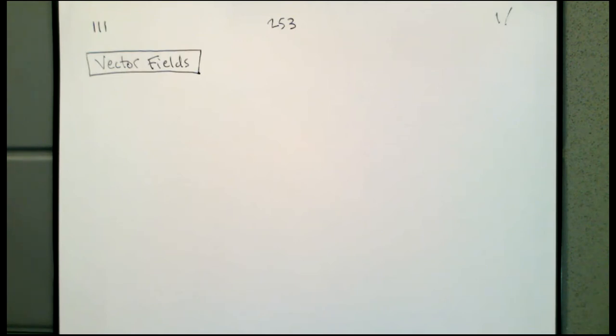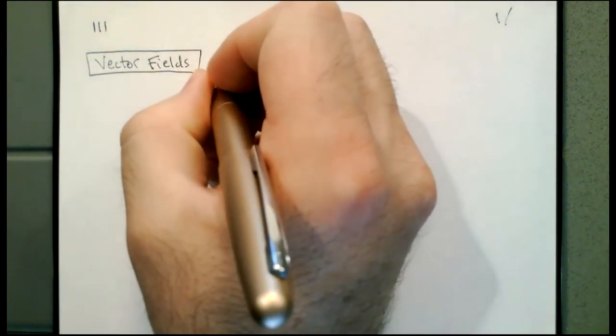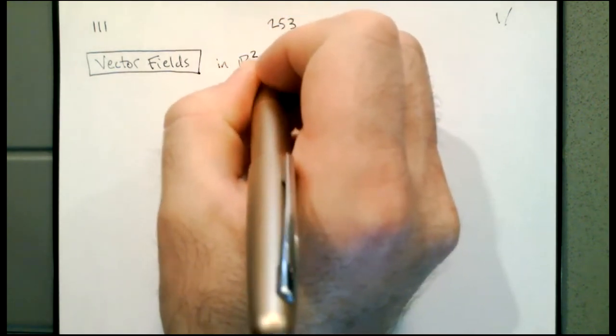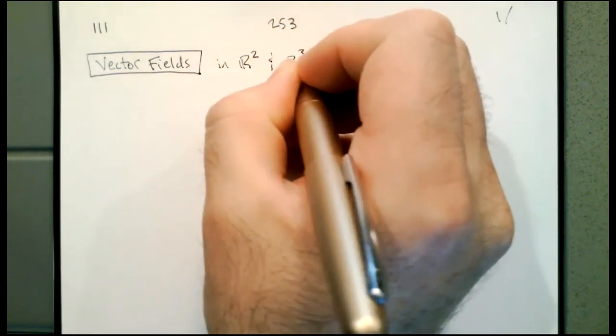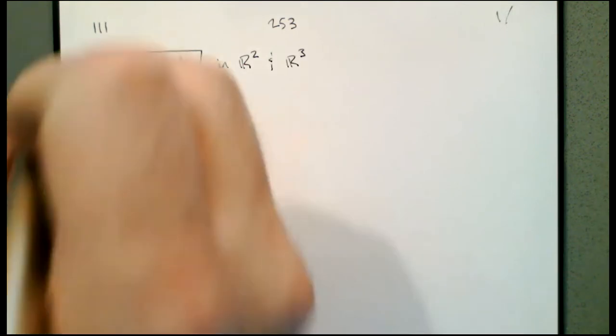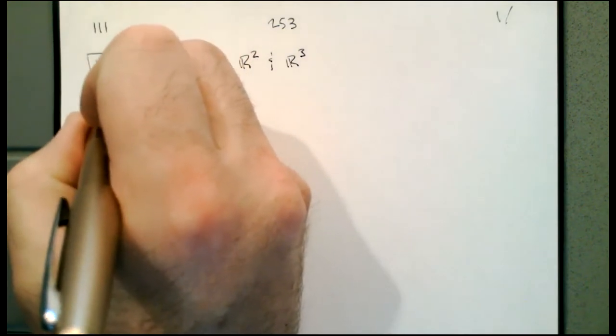Today, we want to start looking at vector fields, which is a new kind of function for us. We're going to have vector fields in R2 and in R3. What a vector field does is assign to each point in R2 or R3 a vector rather than just a scalar. So instead of just assigning a scalar, we're going to assign a vector. A vector field